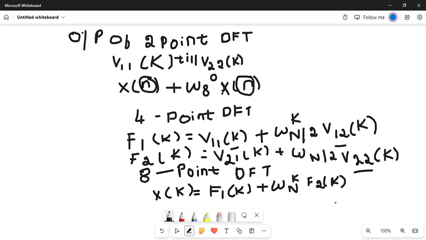We are just writing the basic equation, and according to the problem we are going to apply this basic equation to get the resultant for each and every one, right? Yeah. So that is why I am trying to